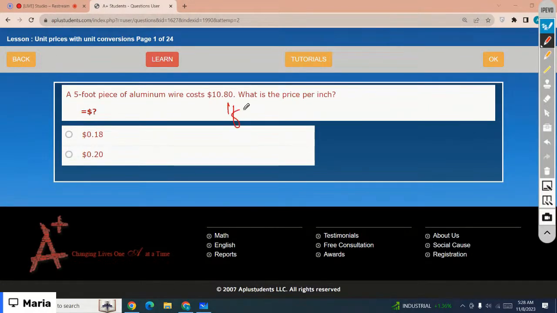1 foot equals 12 inches, right? So 5 feet equals 5 times 12. Got it? That would be 60. Now you need to divide 10.80 by 60, right? So 10.80 divided by 60 equals